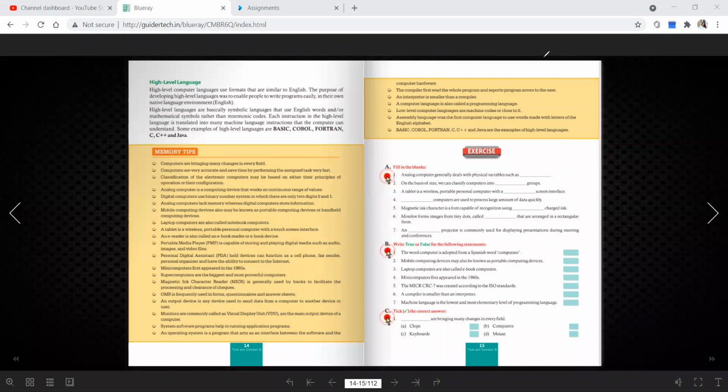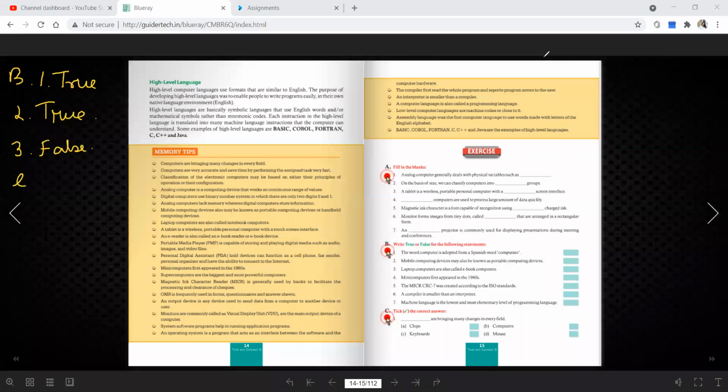Next, B, I'm solving. True statements don't need to be corrected, but false statements need to be corrected. 1 true. 2 true. So 3 will be false.